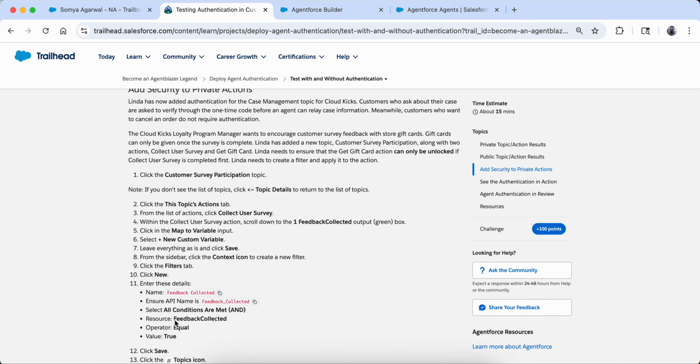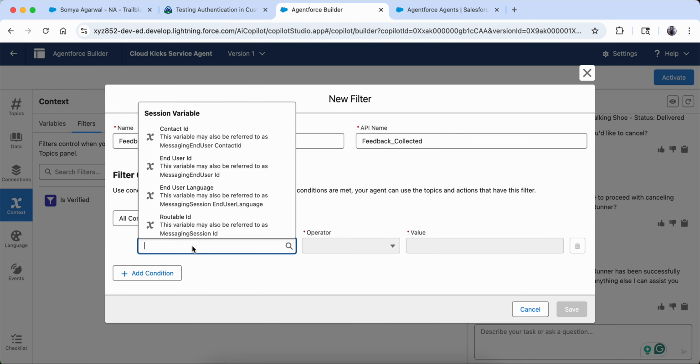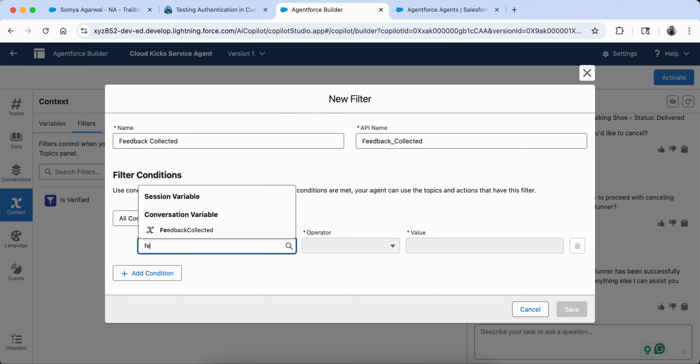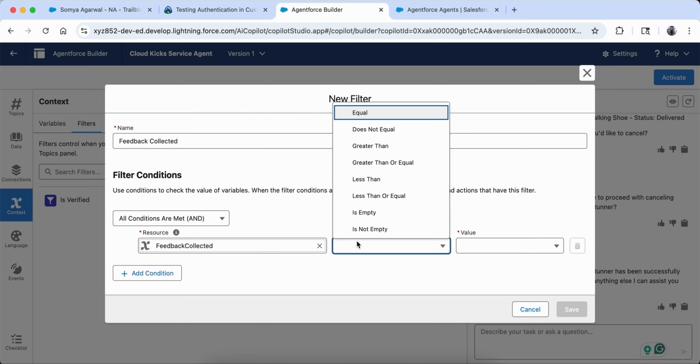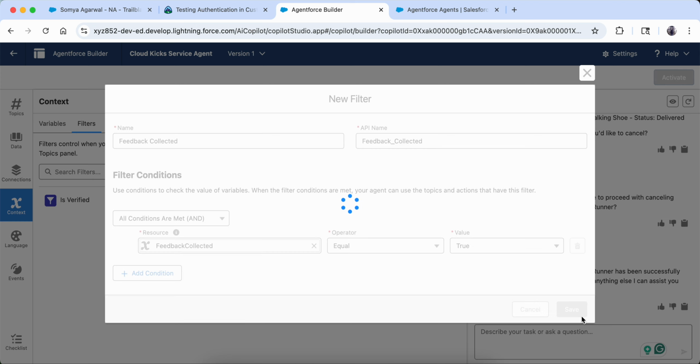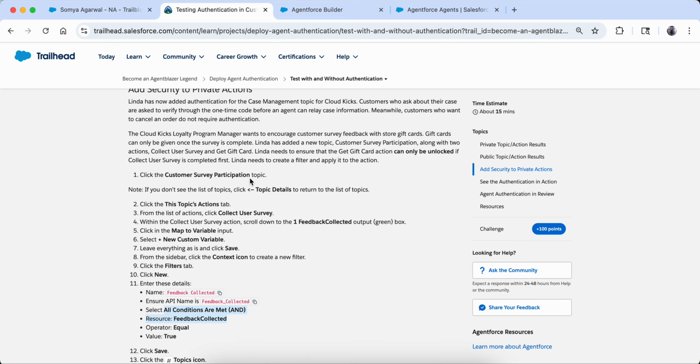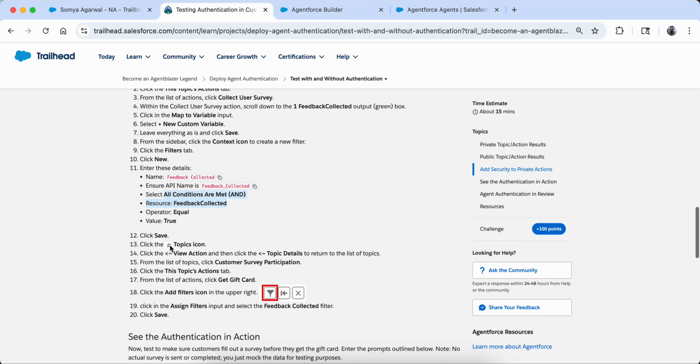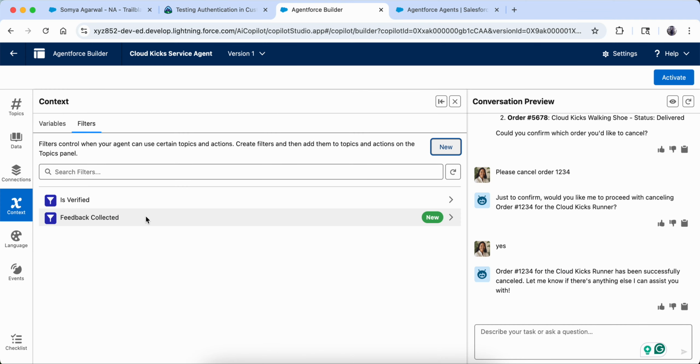Okay. Now the conditions: select all conditions are met, resource feedback collected equals true. Feedback collected equals true. Click save. Now topic actions.